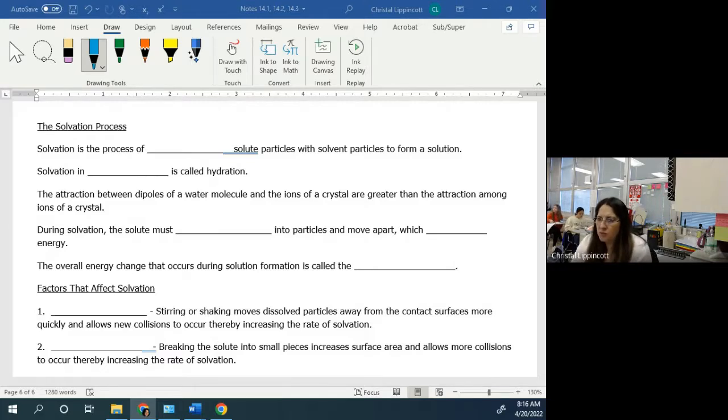I know, you're surprised. So solvation then is the process of